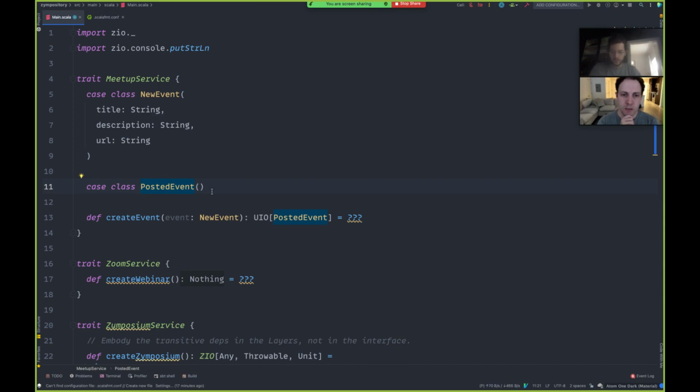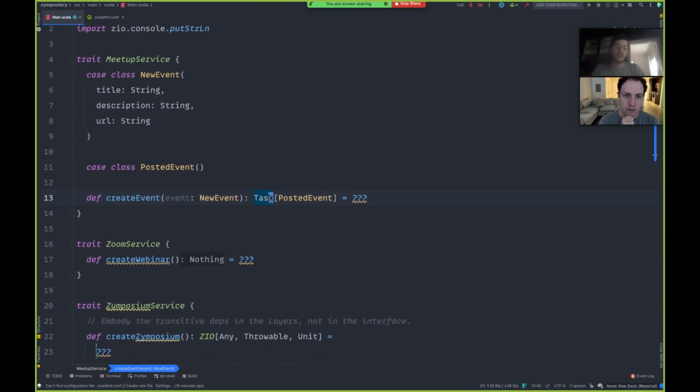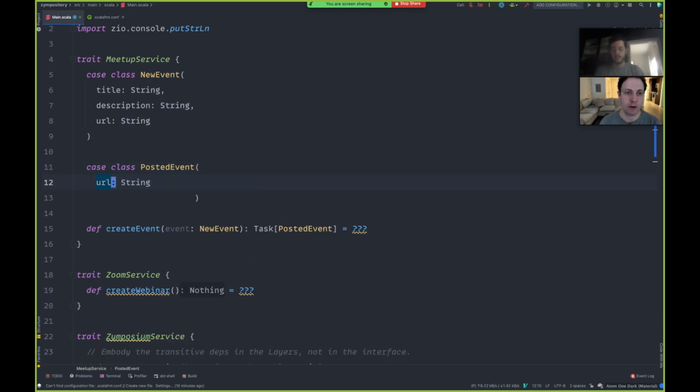I wonder a little bit, at least as we sketch out here, do we need a return type here? Because isn't the workflow basically we create the webinar link, then we create the meetup event that has that webinar link, and then we're done? True. For now, it could basically be unit, but it might be interesting for the output. Say we start the first version as just a CLI application. It might be nice to get back, I'm sure the posted event would have a URL to the meetup's page that we could then use. So that's a great point. Yeah, because we're going to put the webinar link, but this is going to have the actual meetup.